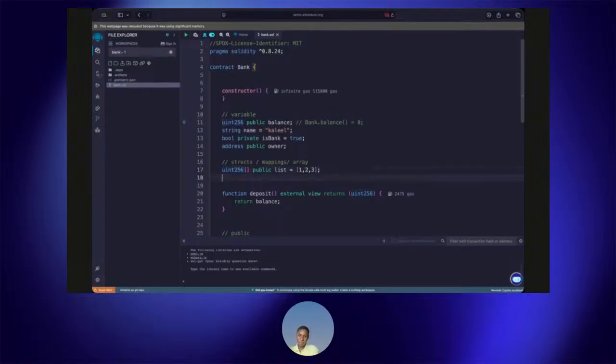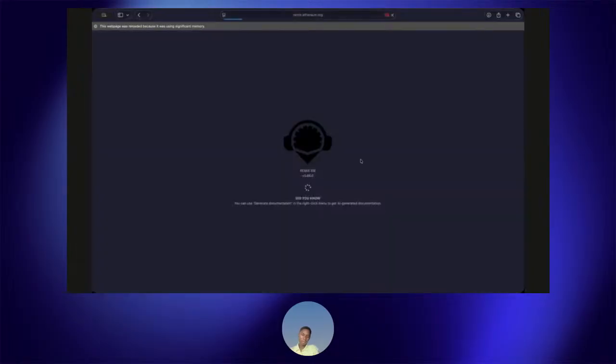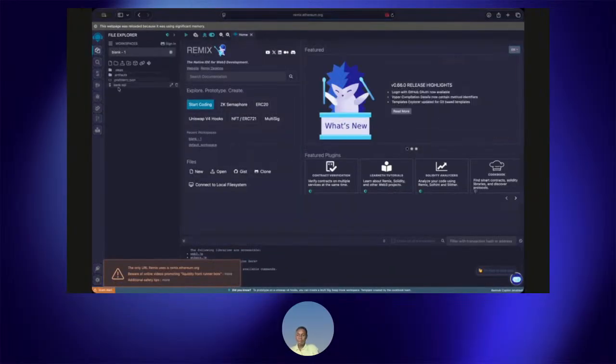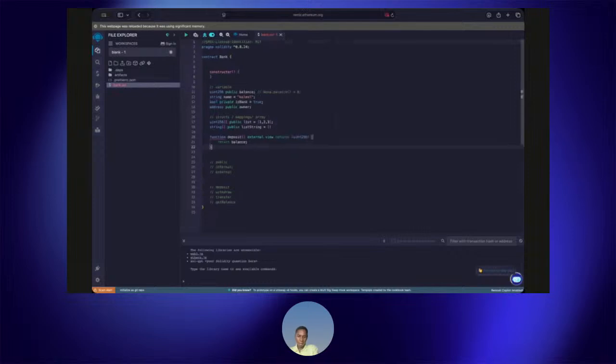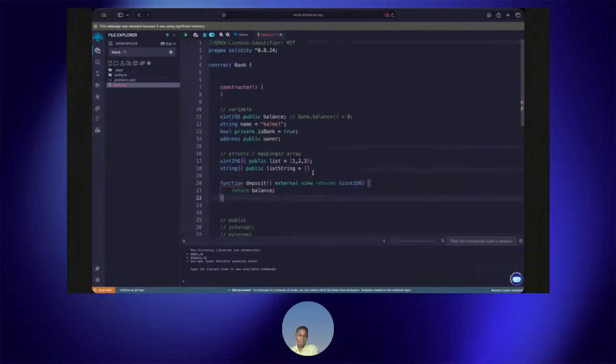You can do the same for strings, where you have string public list string, and you declare it like that. You can see I've declared the array.